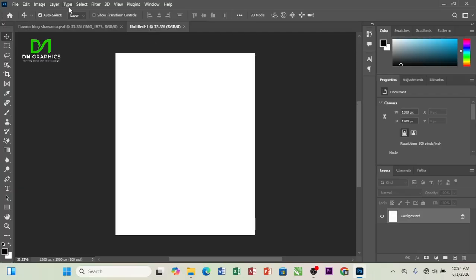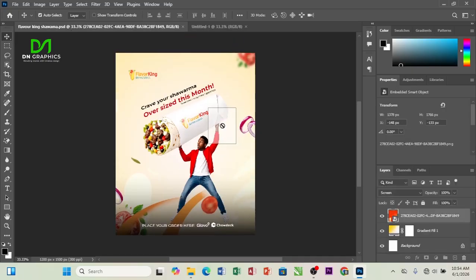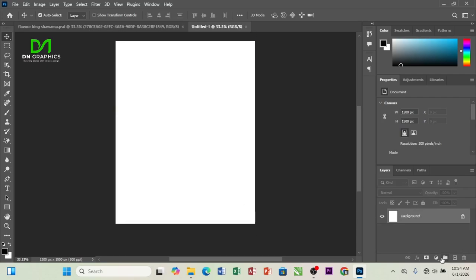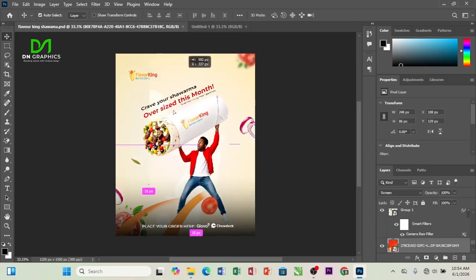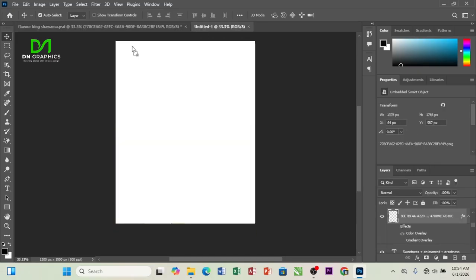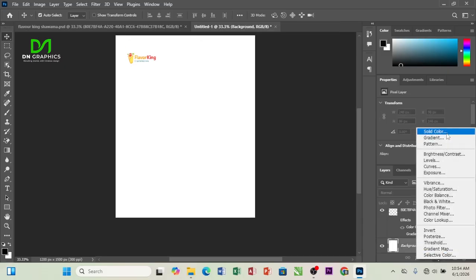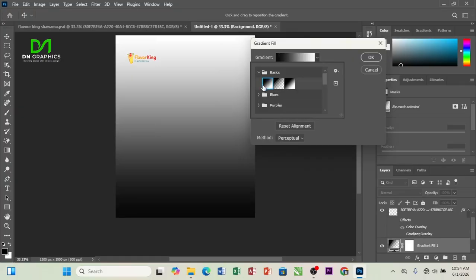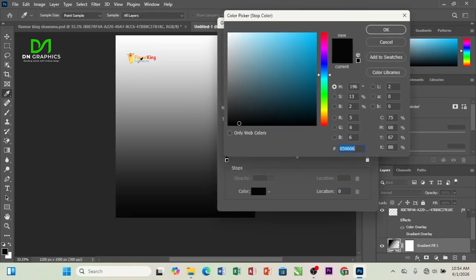So we're going to create our background. This is it, our background. Let's look at our background. Come here to your gradient. From your gradient, you come to your basics. So we pick, let's pick yellow